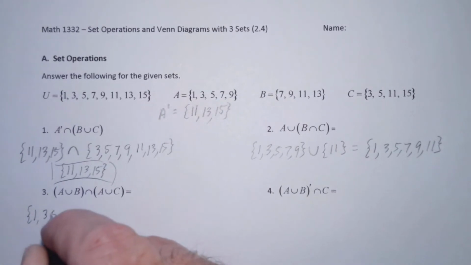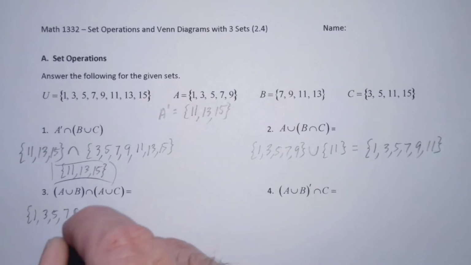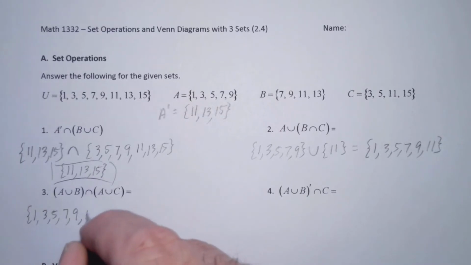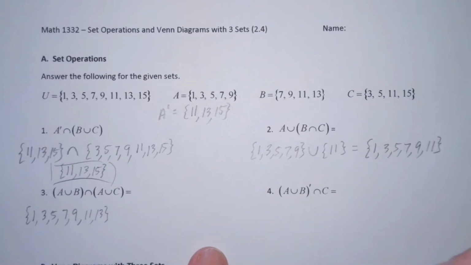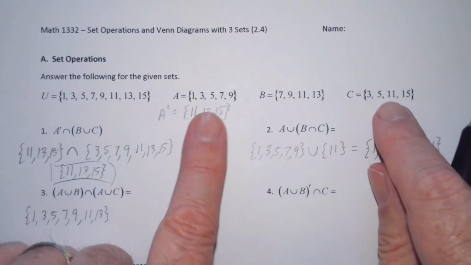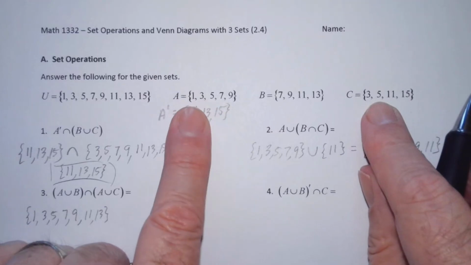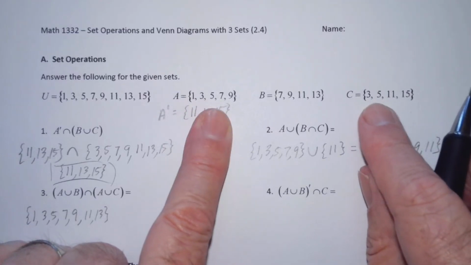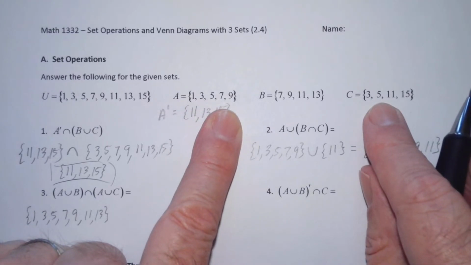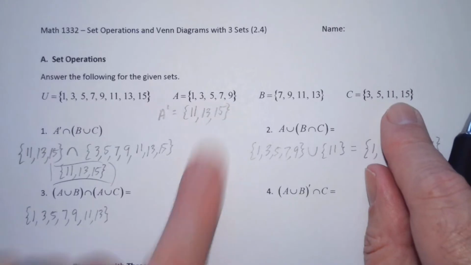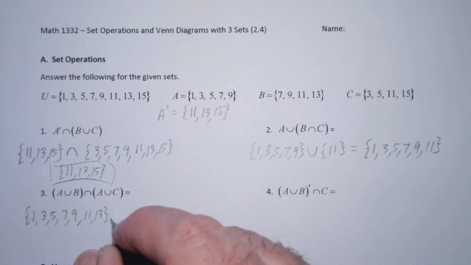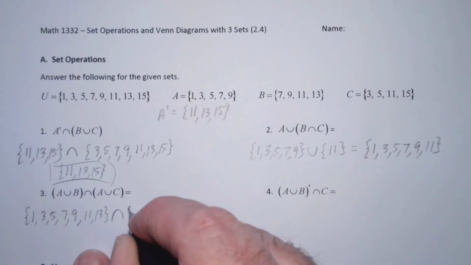And then A union C, we'll combine these together. We're going to have 1 and 3, 5, 7, 9, 11, and 15. So it looks like we're only missing 13 from all the elements in the universal set. So this will be intersect